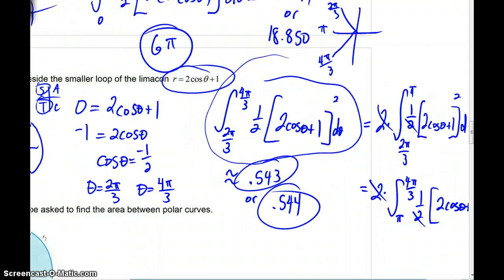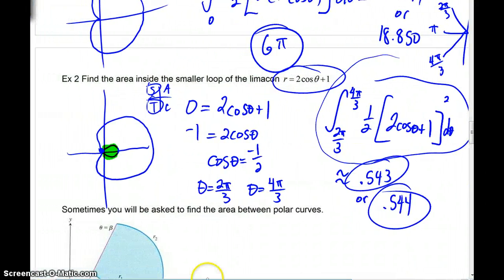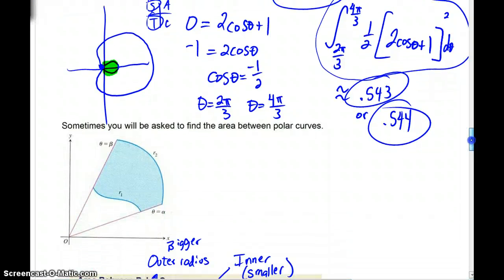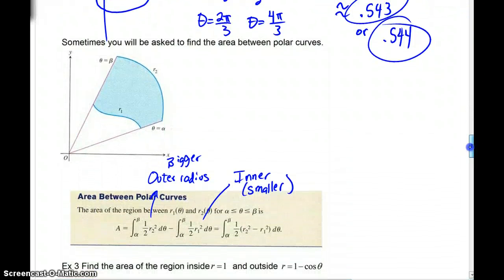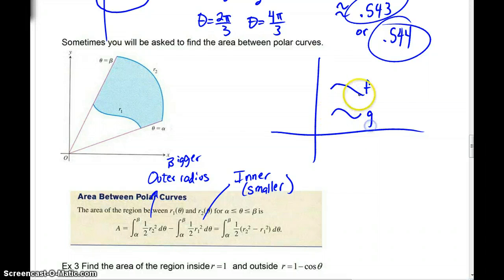All right, well, coming back, I think we're going to need a little bit more time to finish the third problem. But just as we had in functions, we had a function f and a function g, we might be asked